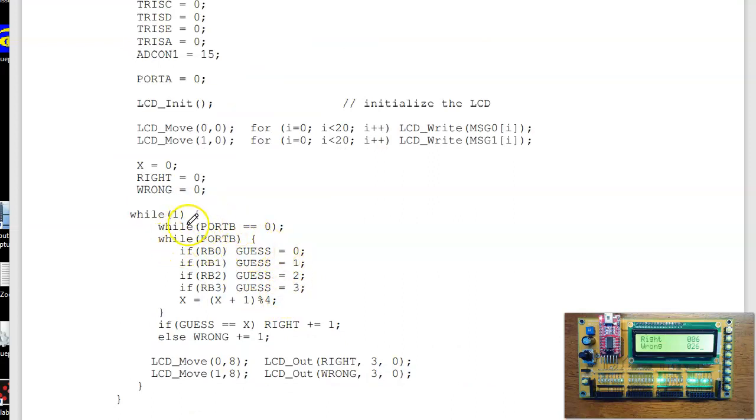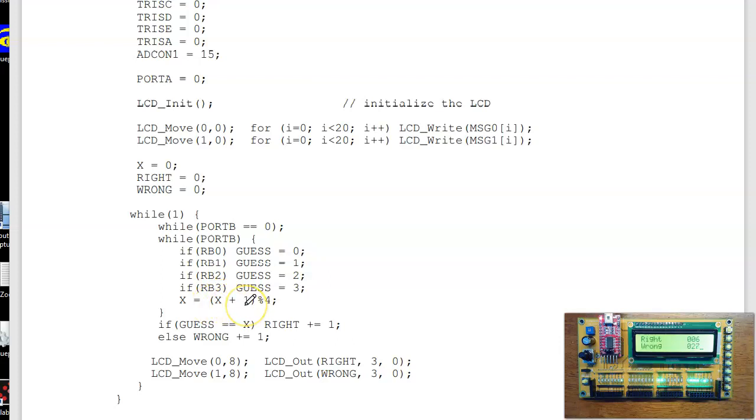So this is kind of the same idea as before. Instead of doing while RB0, not RB0, I'm going to say while no button's being pushed. So right now it's waiting for a button. As soon as I push a button, it sits there and counts really, really fast, mod 4, and records which button I pushed. So if I hold down like the 2, it's counting really, really fast. When I release,